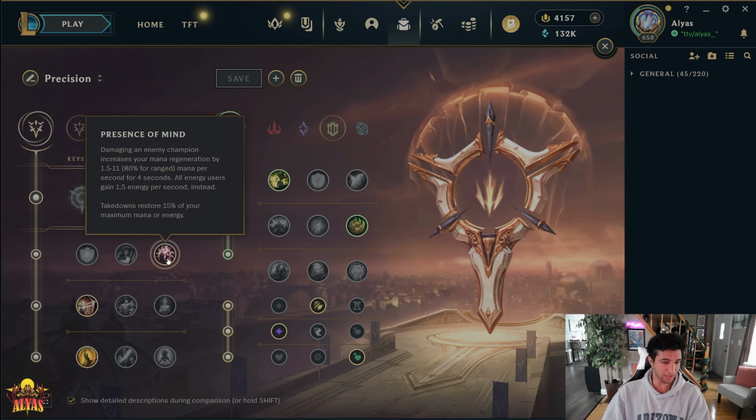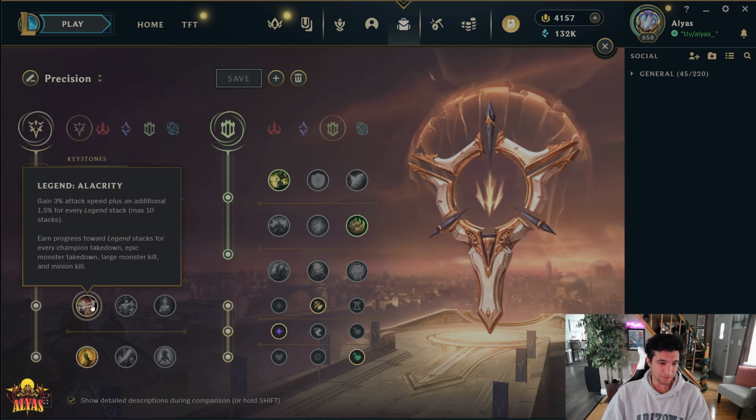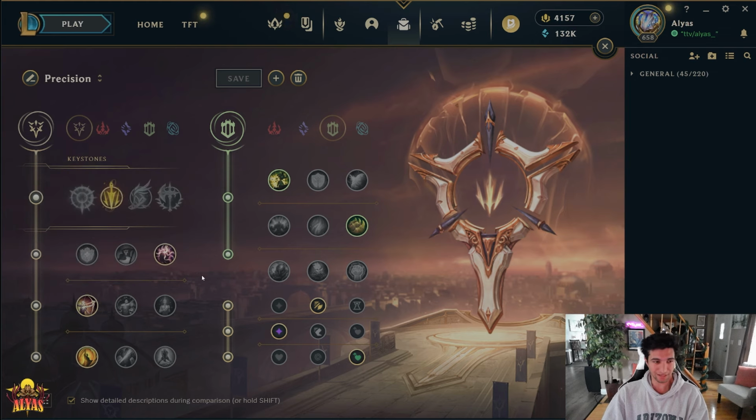Presence of Mind. Presence of Mind is really good for the mana. You don't even need Manaflow Band on the secondary. So you take that, you take Legend: Alacrity. Now I always go Legend: Alacrity. It's really, really good. It smooths out Azir's auto attacks, because the few times that I do take